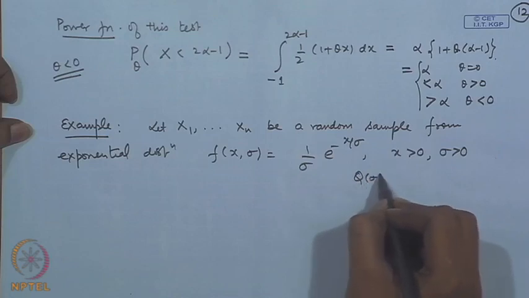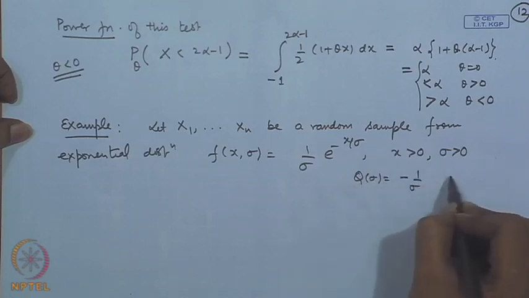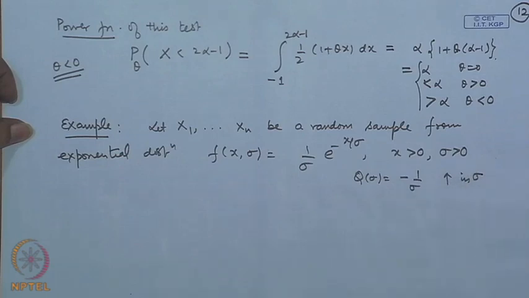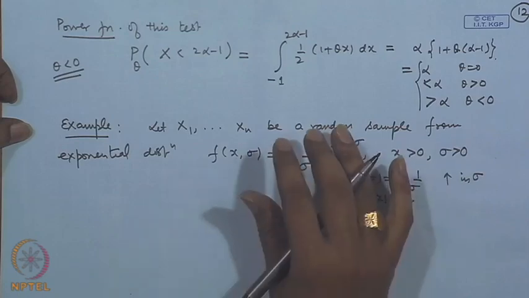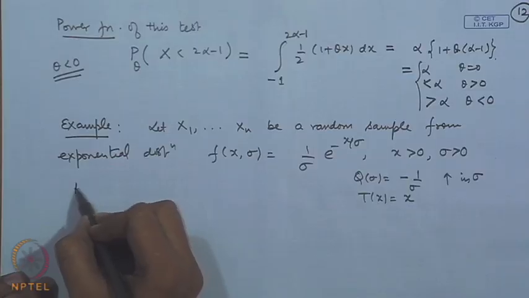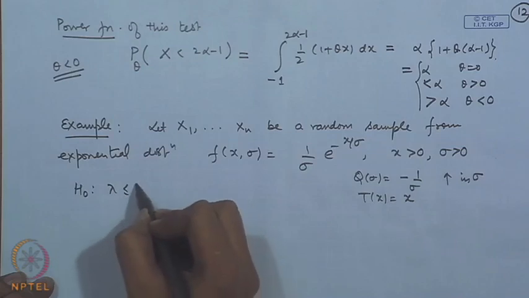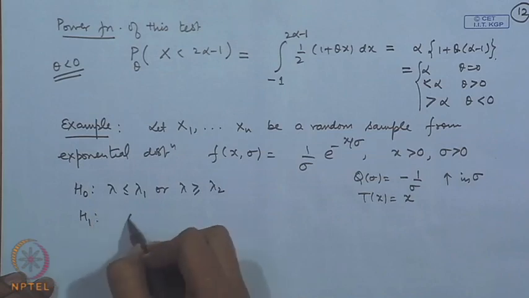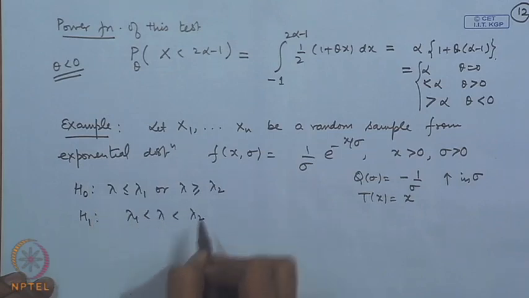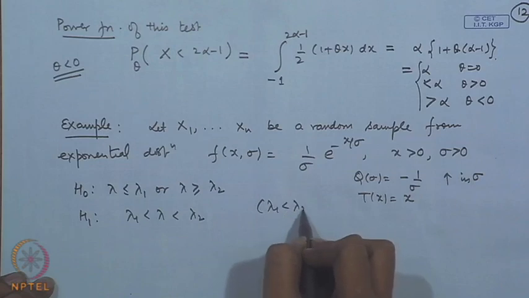If I consider q of sigma equal to -1 by sigma, this is increasing in sigma, and T of x here is x. So, this is a one parameter exponential family with the setup that we have stated in the theorem. So, even for the two sided null hypothesis, we will be able to derive a UMP test. So, if I consider say H naught: lambda less than or equal to lambda 1 or lambda greater than or equal to lambda 2, against lambda 1 less than lambda 2, where lambda 1 is less than lambda 2,